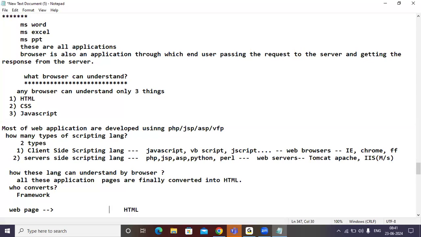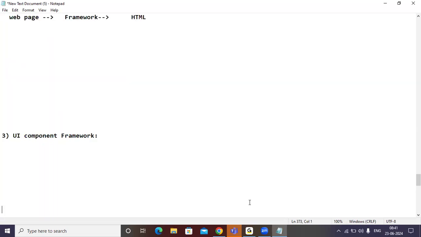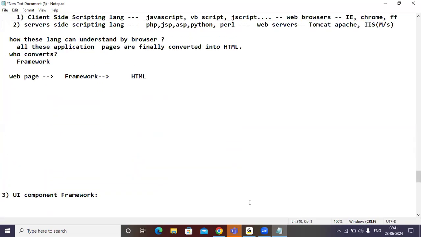And who converts this into HTML? Come on, guys. Framework. Now all of you understand the purpose of framework here. And once it converts into HTML, then the browser can understand the HTML page.